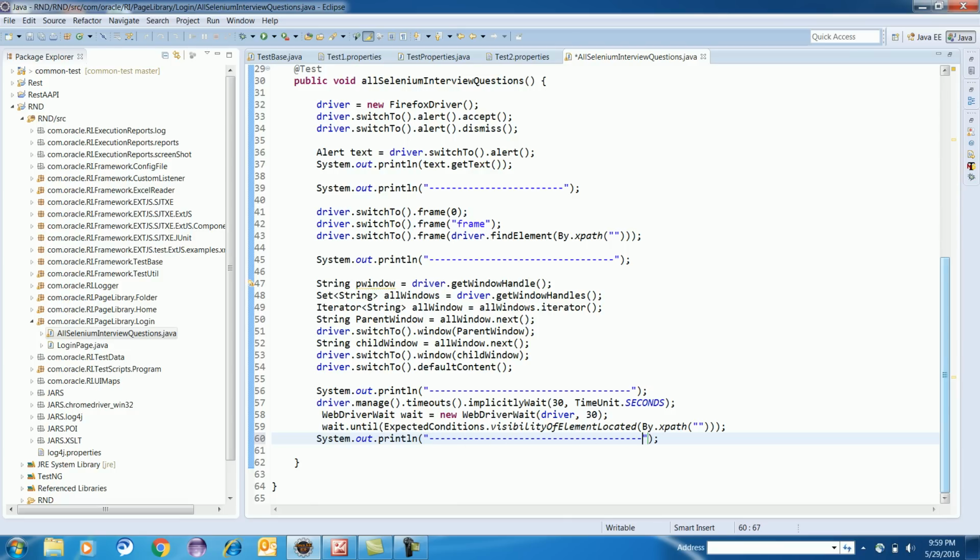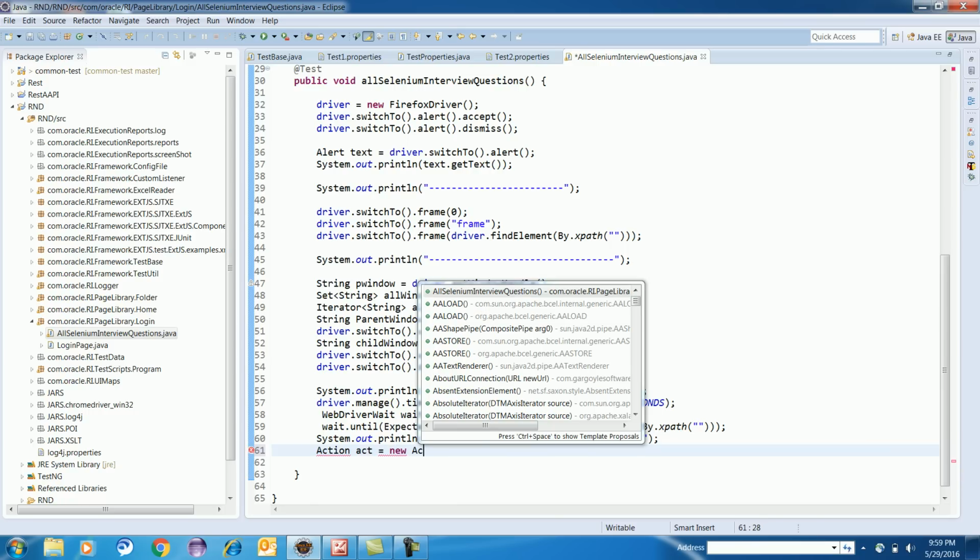Now a very important question people will ask you: how to do mouse over in Selenium. You will have something called the Actions class.